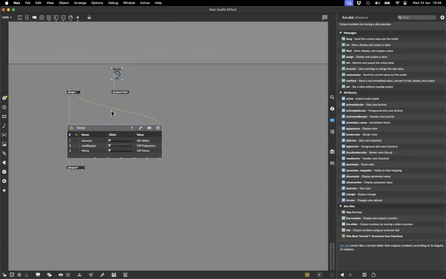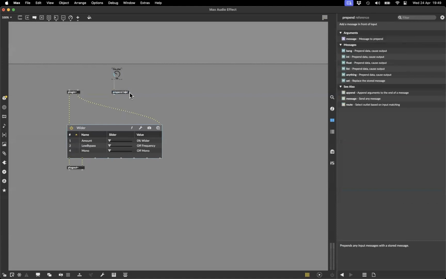So the messages that we want to send to the VST plugin, or the messages it accepts, there's actually two ways to do this. The first way is to use just the number of the parameter that you want to control. So if I just attach the number 1, and now I move this dial, you can see it's controlling. I'm going to explain why it's jumping from minimum to maximum in a second,